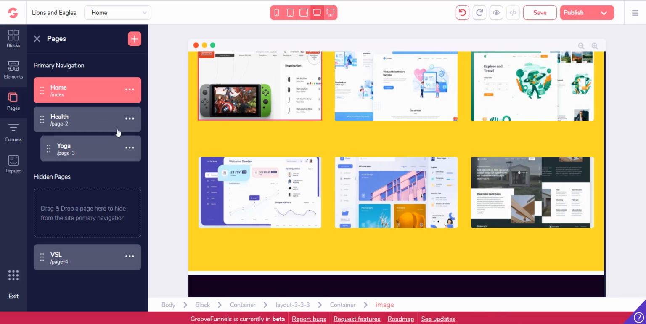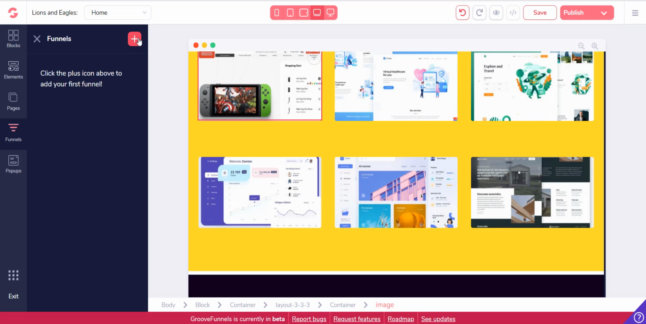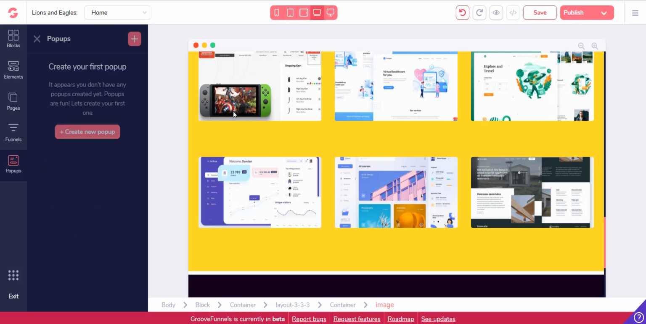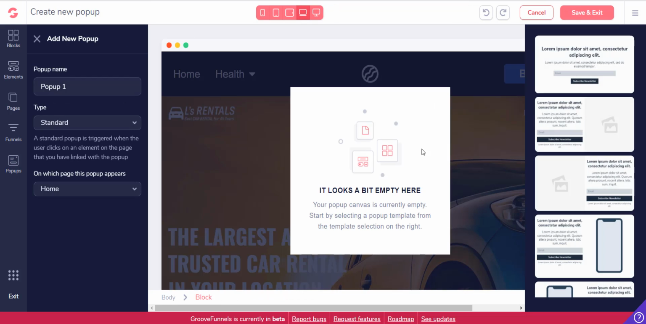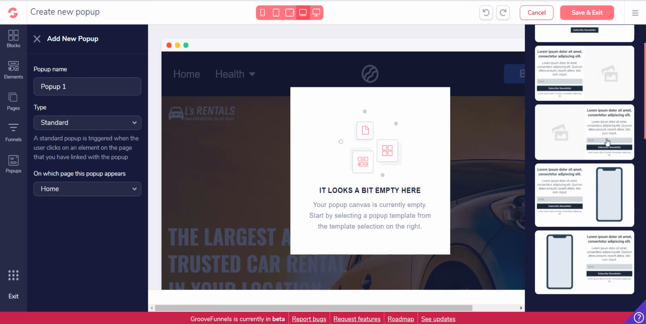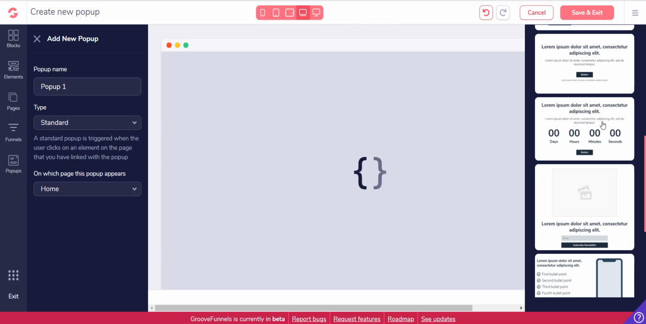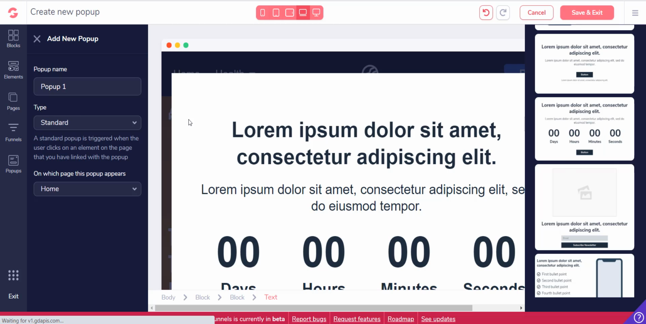I can go to pages here, and again, I can add pages. I can move it around, funnels here, and then I could add different things about funnels, pop-ups here, and I could create a new pop-up. And let's say, for example, let's just choose a template here. I choose a template for pop-ups. Okay, and now I can name this pop-up something. Let's just name it exit pop-up. That means every time someone tries to exit,